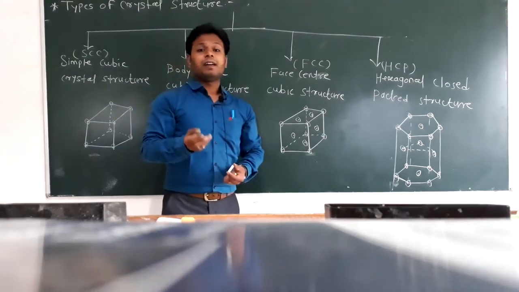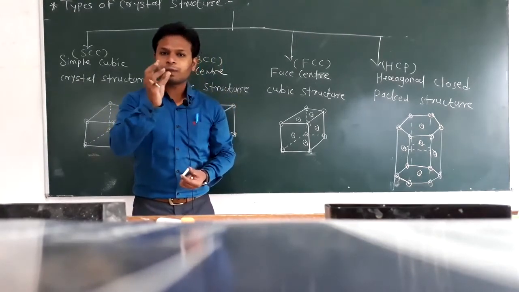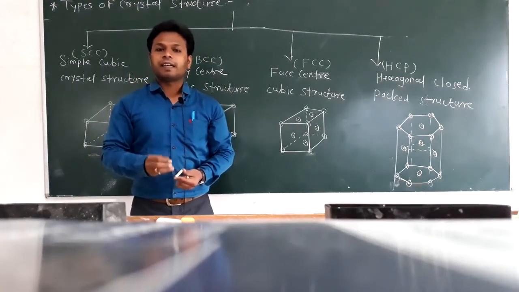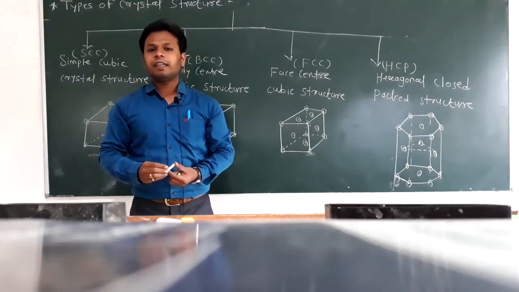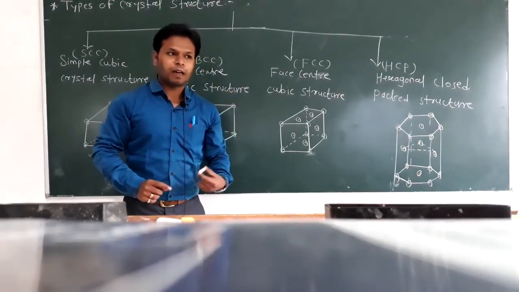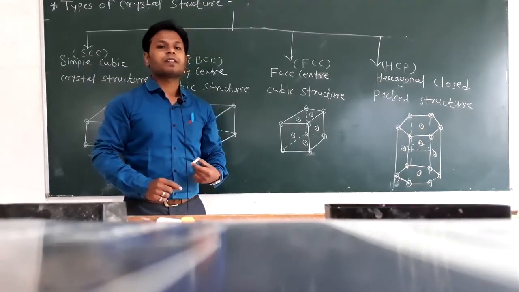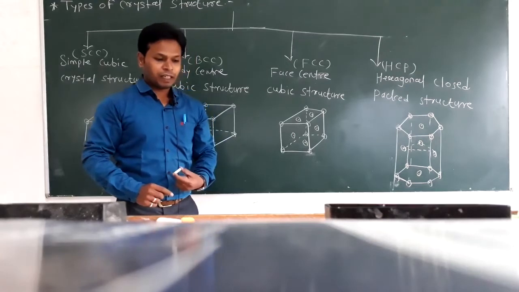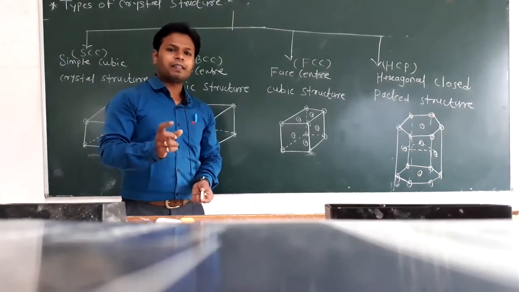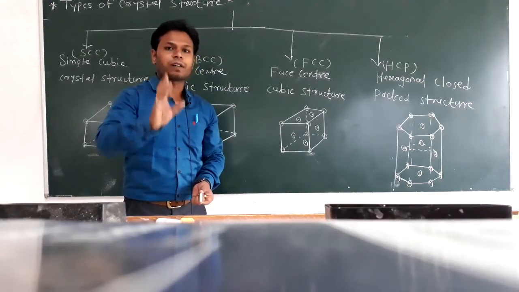And what is crystal lattice? When we make a crystal structure, the small pattern of that crystal is known as crystal lattice. These two definitions we saw in a previous lecture in a PPT, power point presentation. Now we are going to learn a new topic, types of crystal lattice. We already know what a crystal lattice is. It is a small pattern, and with the help of that small pattern we make a crystal structure.